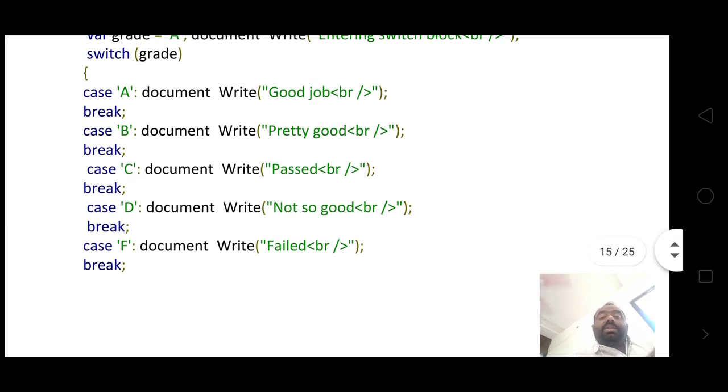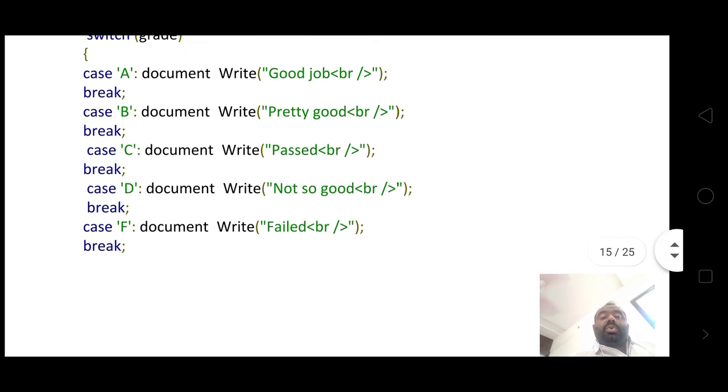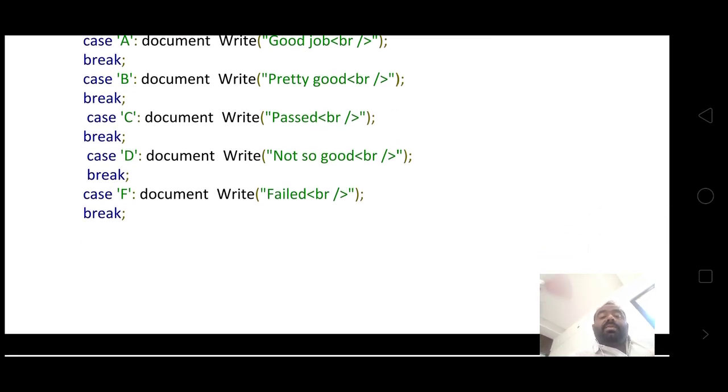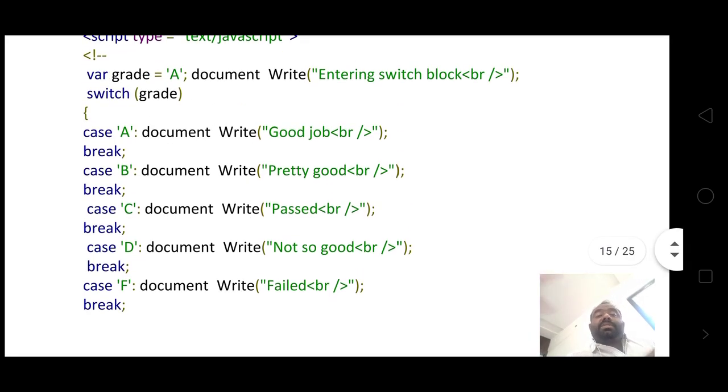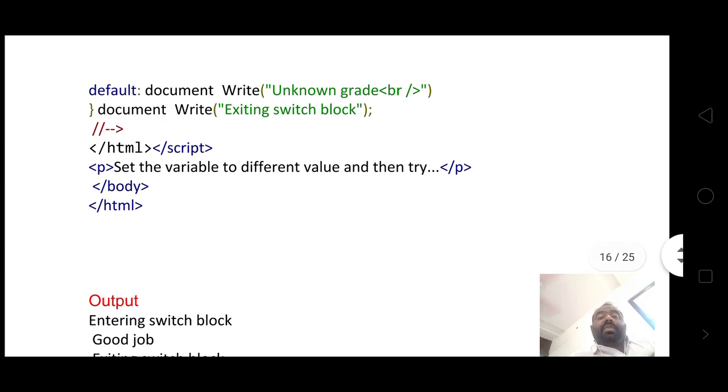You get case C, passed. You get case D, not so good. If case F, failed, then break. This is the switch statement. Default, write unknown grade, document.write exiting switch block.